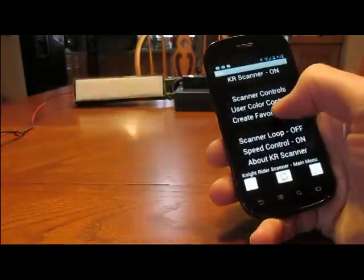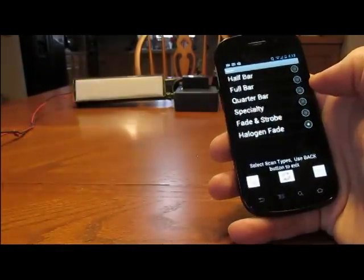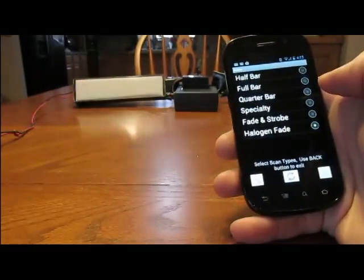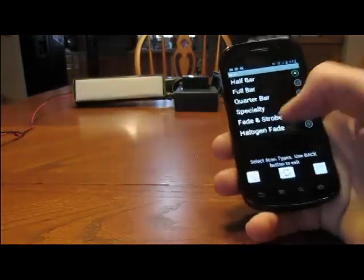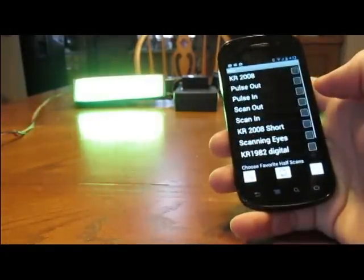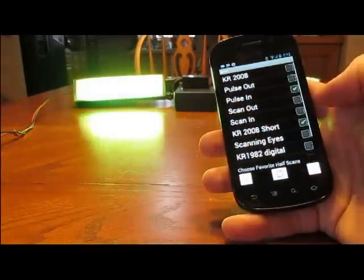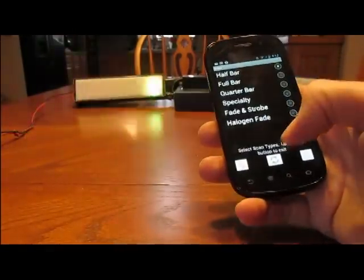Next feature, create favorites list. This is where, let's say, because now on the main scan page, all the scans are named. Let's say there's only 3 or 4 scans that you really like out of the 34. You can go into each one and check off which scans are your favorites. Pulse in, short, whatever ones. Hit the save button, and then when you back out,